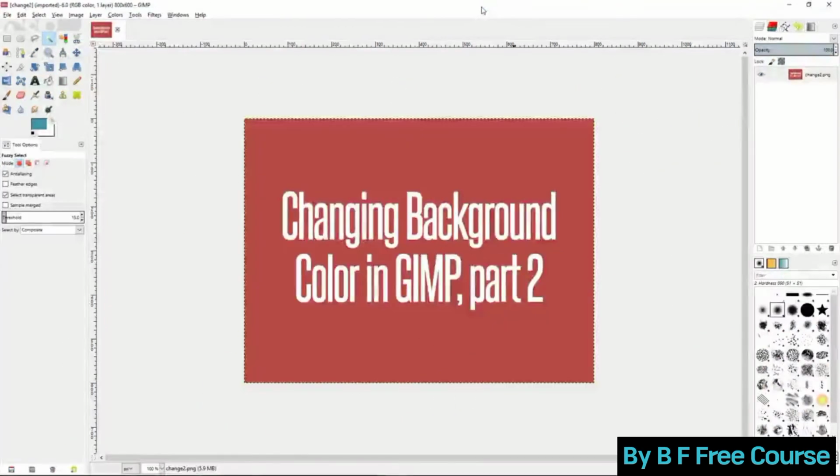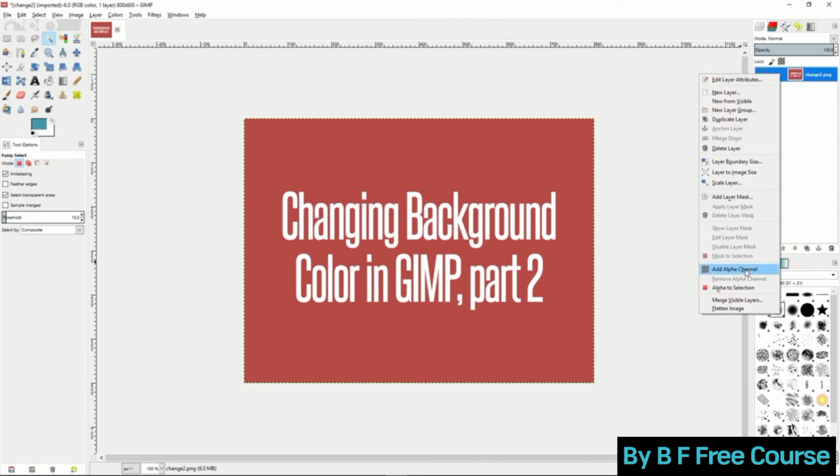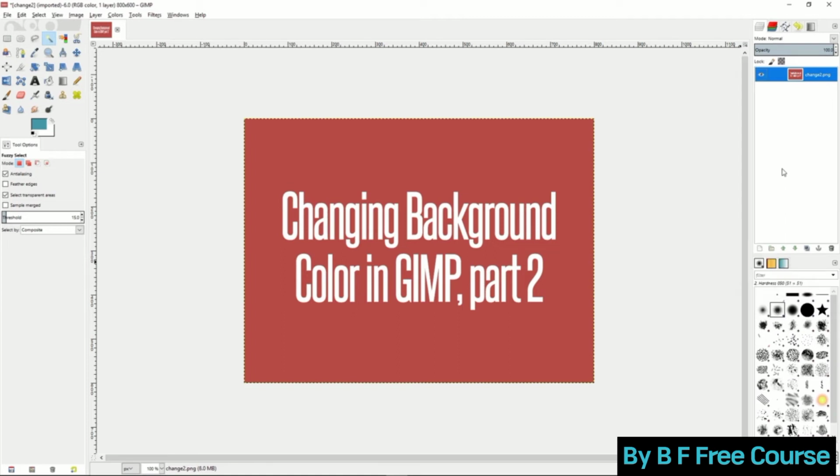Welcome to the next in our tutorials about GIMP. In this tutorial, we're going to show you how to change the background color in GIMP. This will be part 2 of our tutorials showing you how to change the background color. Another way you can change the background color in GIMP that is quite easy is go to your image, right-click, add an alpha channel if it doesn't have one already, and then from there you want to use the fuzzy